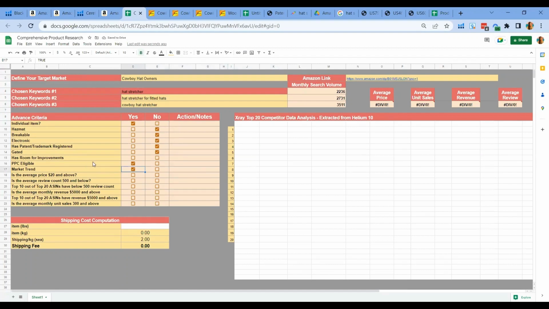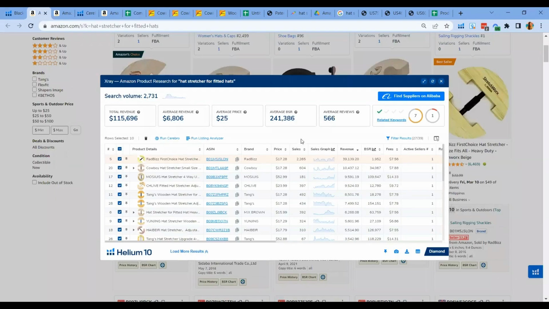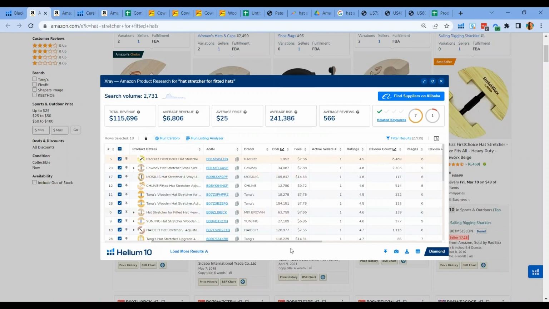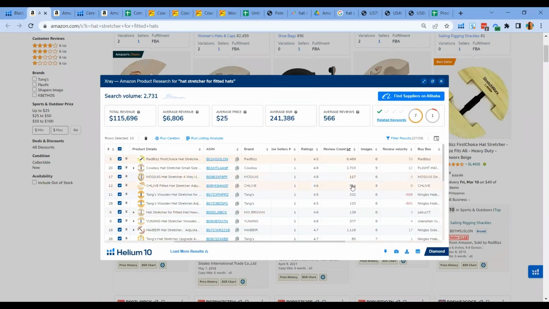So I'm going to go back again to my X-ray product research tool and look for the review count of my top 10 competitors. 6 out of 10 of my top competitors have less than 500 review counts.